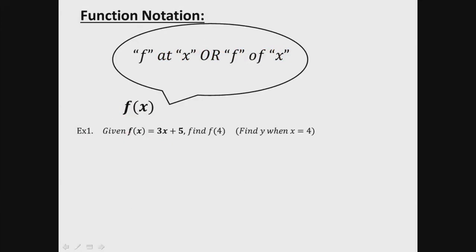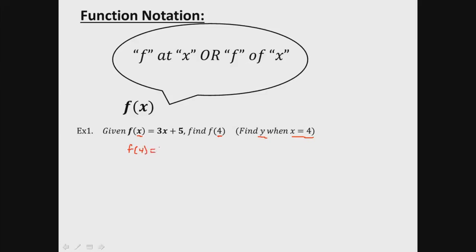So in an example here, we've got f of x equals 3x plus 5. This is a line. Here the 3 would be our slope, the 5 would be our y-intercept, and now it's saying find f of 4. So all this means is that we're going to find y when x is 4. So instead of x now, there's a 4. So what it's saying is let's sub in 4 for x. So f of 4